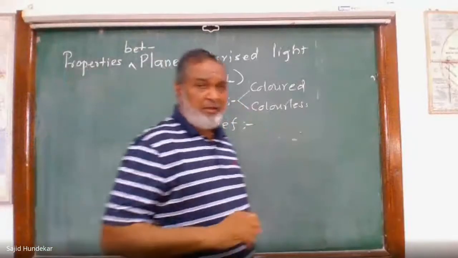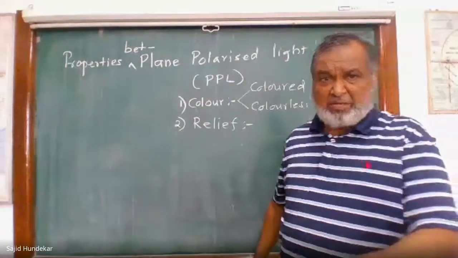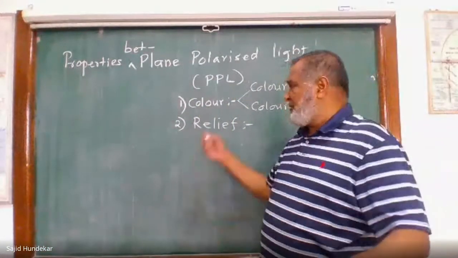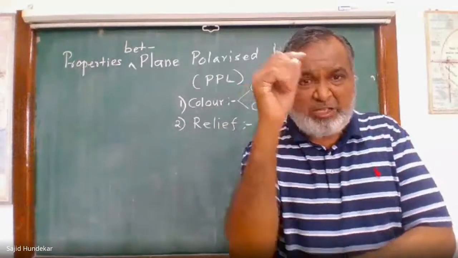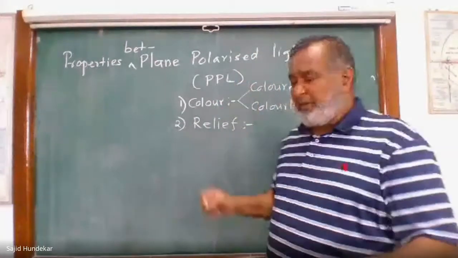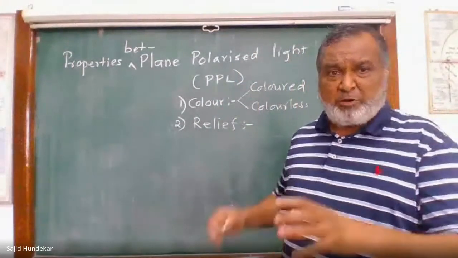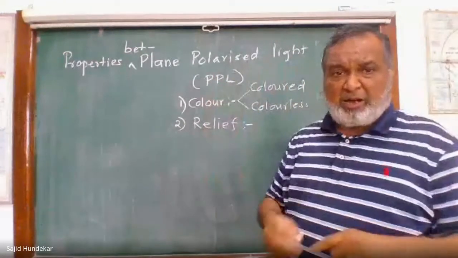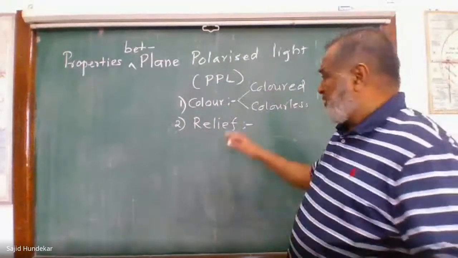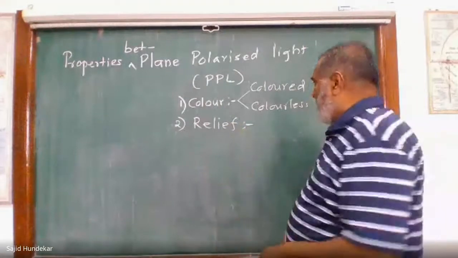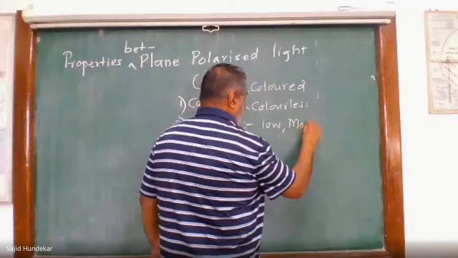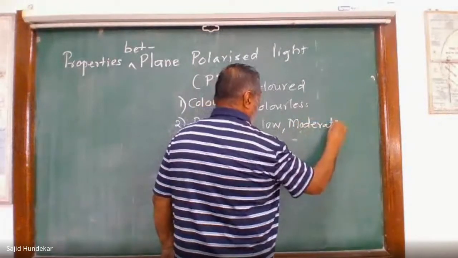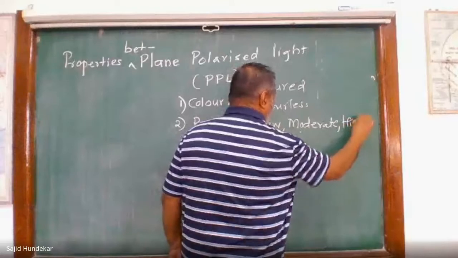No, sir. Next one is the relief. Like what we have in megascopic, where we have the streak, similar one here we have the relief. What is relief? Relief is nothing but the edges, the appearance of the mineral in the reflected light, how the outline of the mineral appears. On the basis of that, we have three types of relief. One we call low relief, second is moderate relief, and third is high relief.